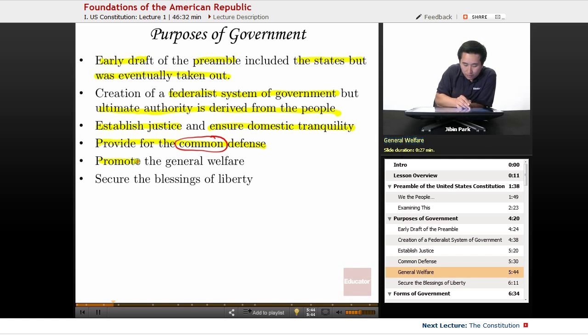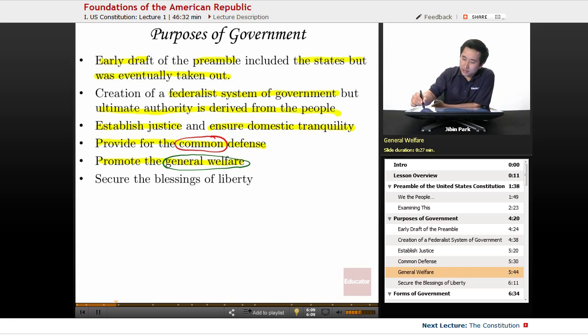Promote the general welfare. Well, the general welfare is this: what if providing for one group of people is going to come at the expense of another group, in terms of the rich at the expense of the poor, one group at the expense of another? And when you're dealing with women and children, what's the fine line here?